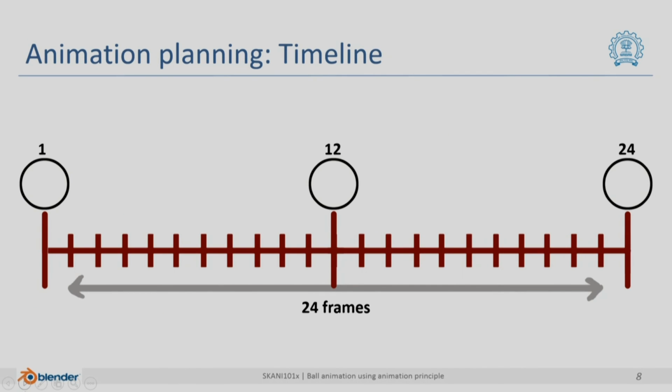Let us see it on the timeline. We have frame number 1, 12 and 24 already marked. We have additional key frames in the form of stretch on frame number 11 and also on frame number 13. Let me remind you that these positions are one and the same in terms of their transformations.